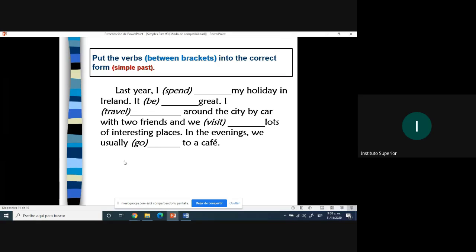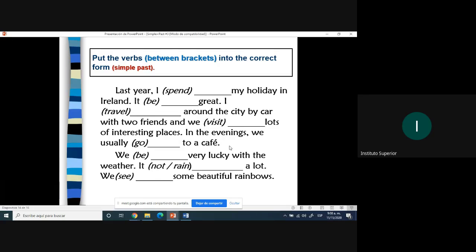Last year, I spent my holiday in Ireland. It was great. I traveled around the city by car with 2 friends and we